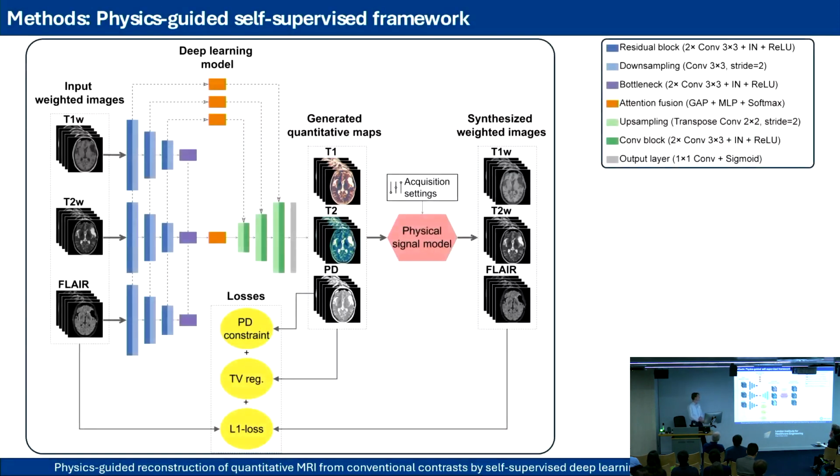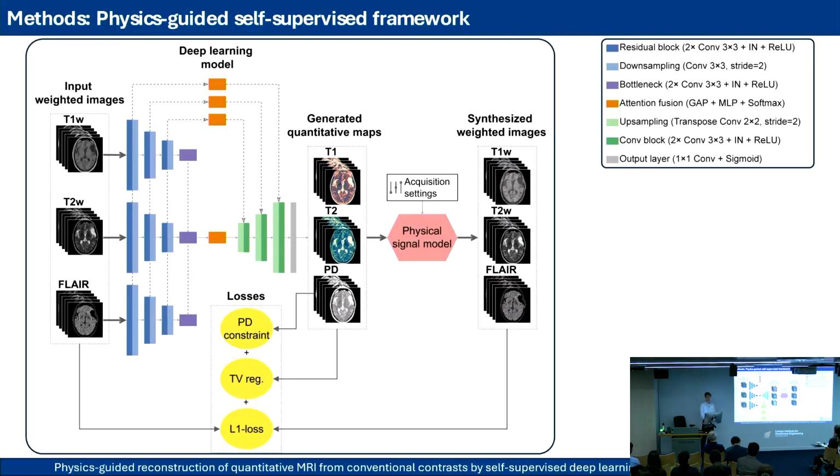So now onto the overview of the proposed framework. It's basically a convolutional neural network with a U-Net-like design. Here on the left, we have the input conventional MRI, which gets inputted into the deep learning model, which is basically a shared weight encoder, just a convolutional neural network, and they are processed separately by the shared encoder. And then these feature maps of the 3 different contrasts are fused together using an attention fusion mechanism in orange, and that can basically also modulate which features are most important. Then these fused features get inputted into the decoder to generate the quantitative maps, so T1, T2,